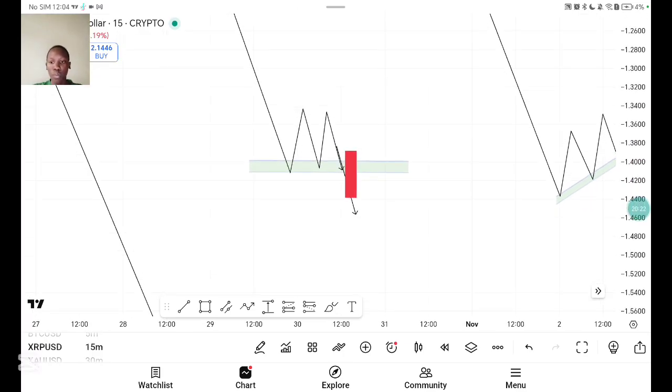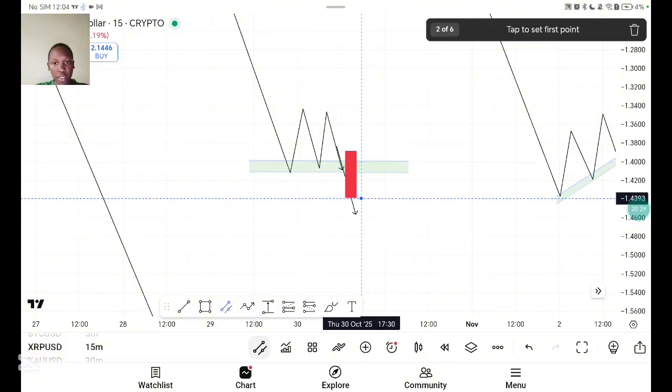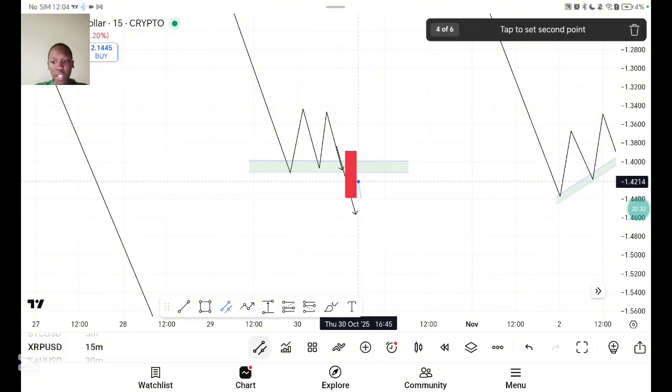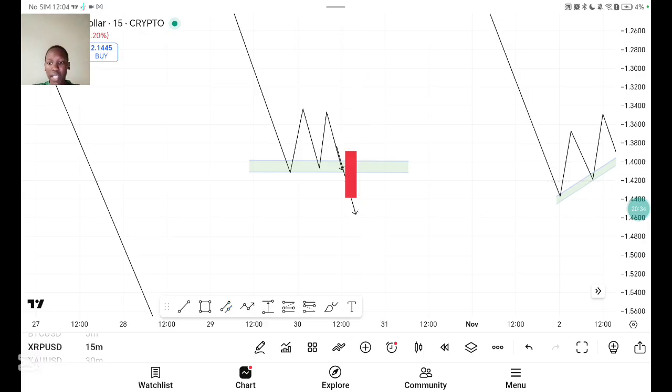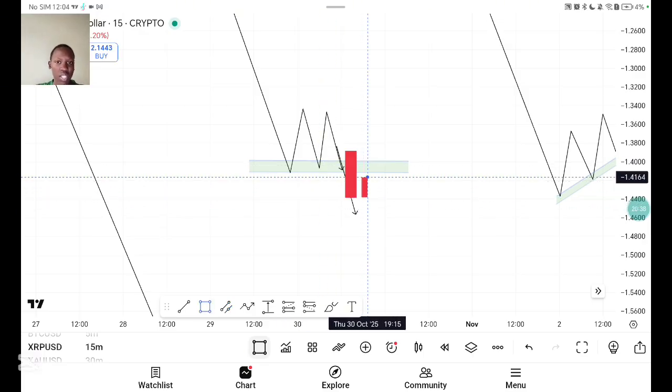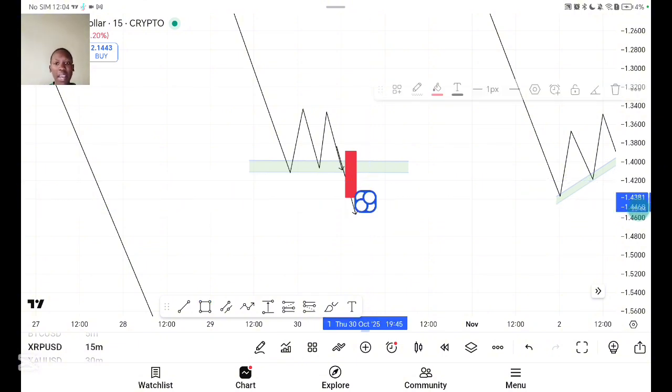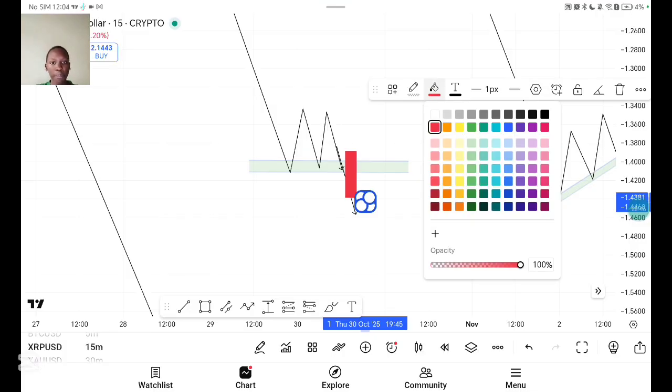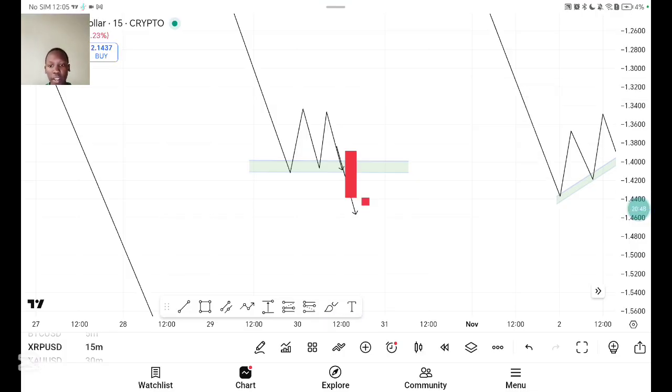Then secondly, we wait for the retracement. The reason why we are waiting for the retracement is just to create a candlestick wick. We're not waiting for it to retest the zone that much to create the candlestick wick. After it creates the candlestick wick, it should be heading down. The time you see it should be heading down is where you should